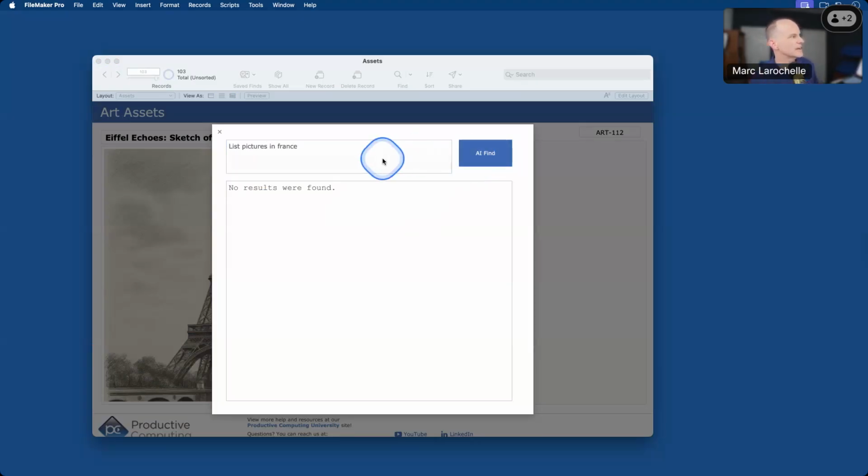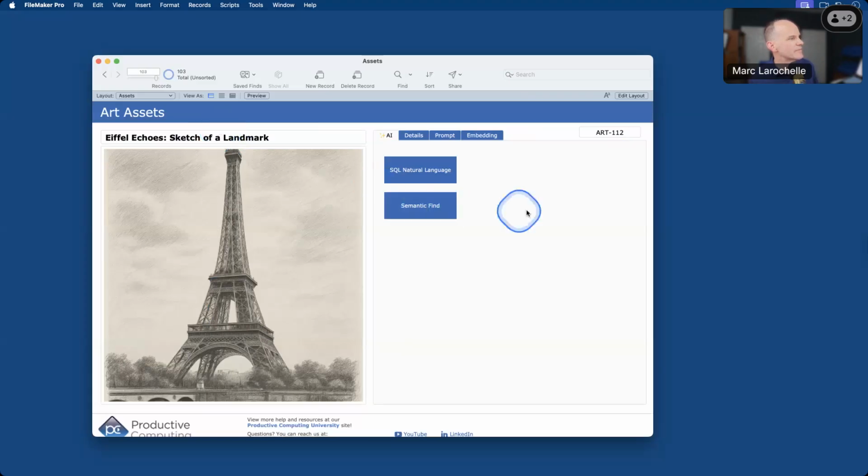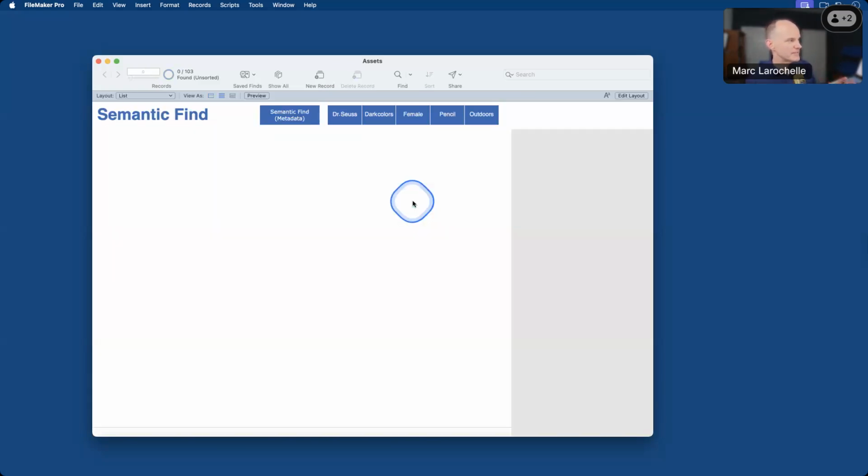Results found. Okay. I might not have this looking at the right fields here. But let me stop right there and just show you the semantic find, because that is also very interesting. Using the semantic find, which again is available in the course in the Claris Academy and Productive Computing University,